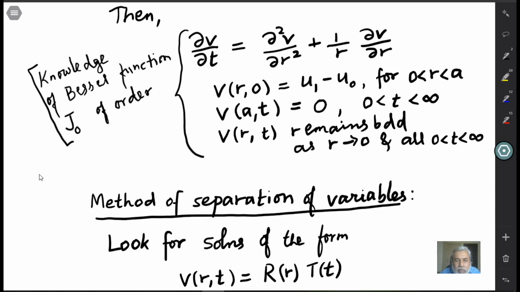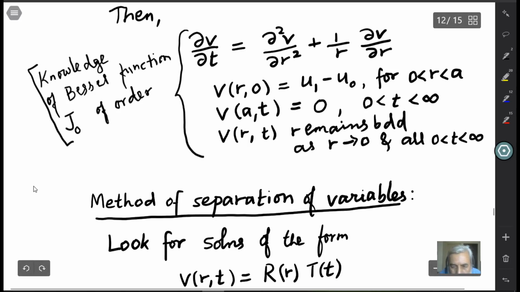By no means are the properties we are going to use easy ones, they need proof. So you should learn from some good book on Bessel functions. Okay,